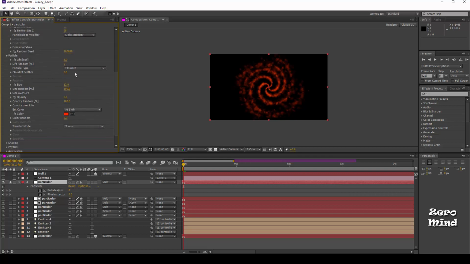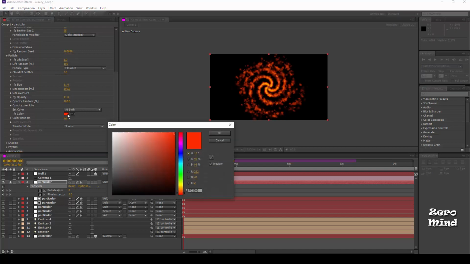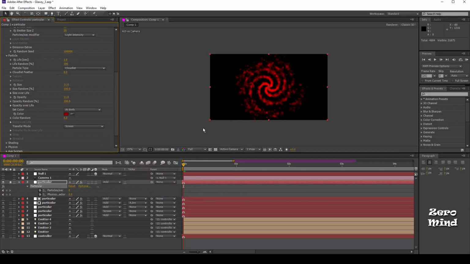Here I will change the particle life to 1 second, life random is 100, and particle size around 11. Also change the opacity up to 11 and change the color to dark red. I will also change the size over life curve.